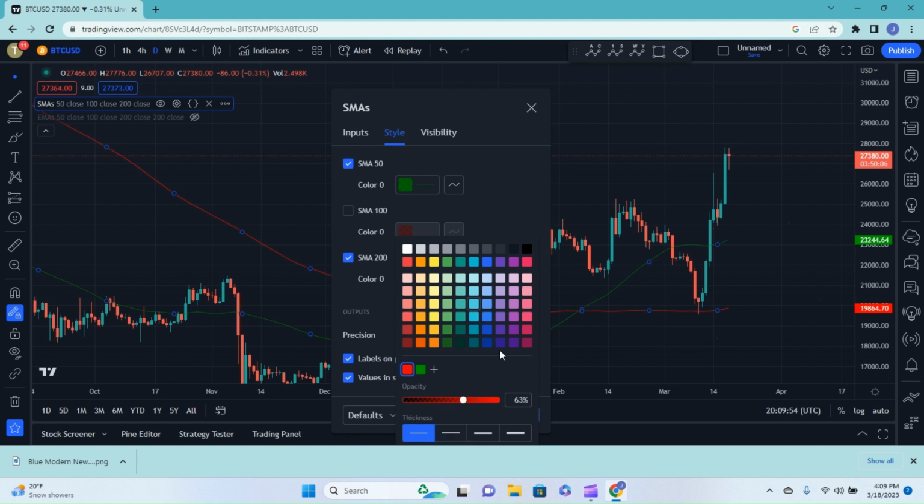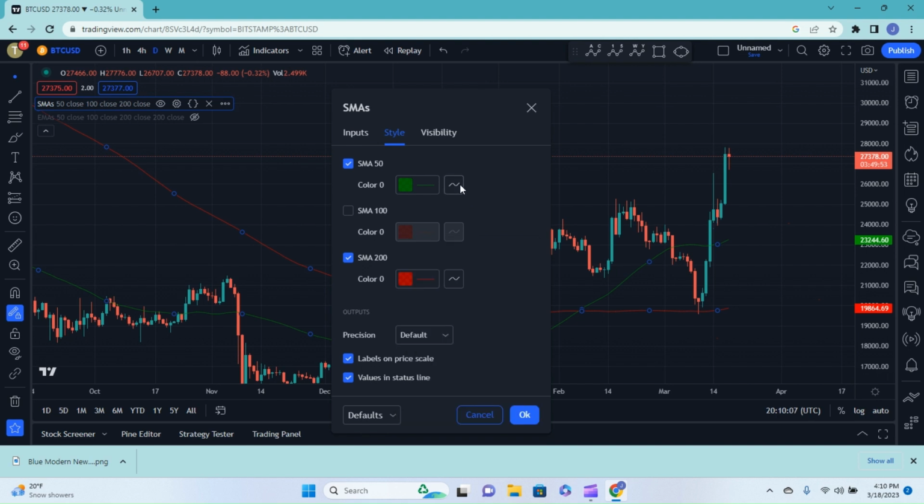You can change the thickness, the color, so on and so forth. So that just kind of helps you keep track, especially if you do add in multiple other lines. You can change the thickness, you can change the color, you can even change the style of the line